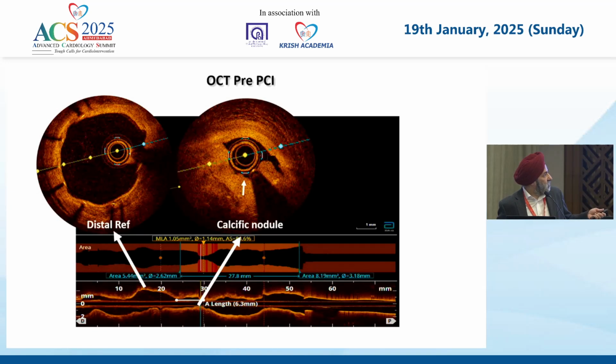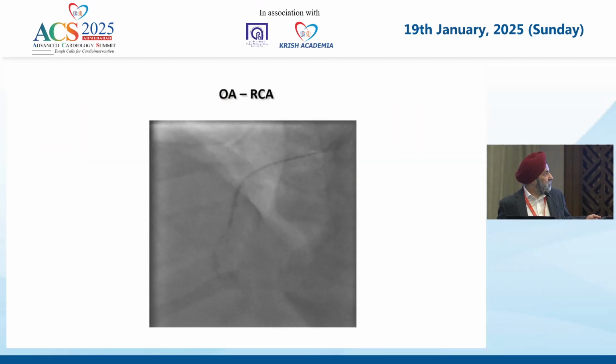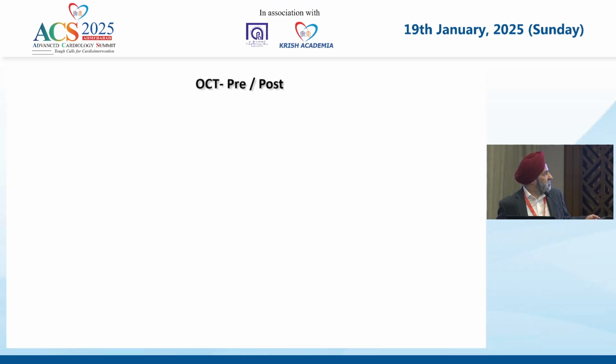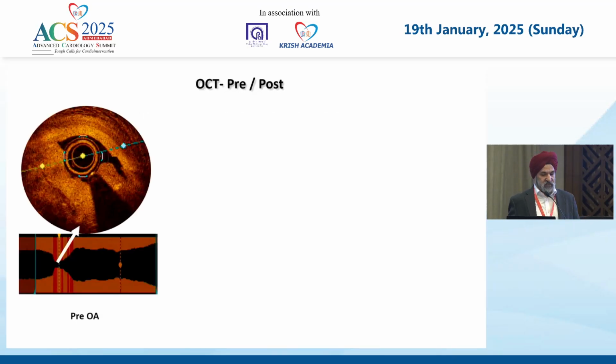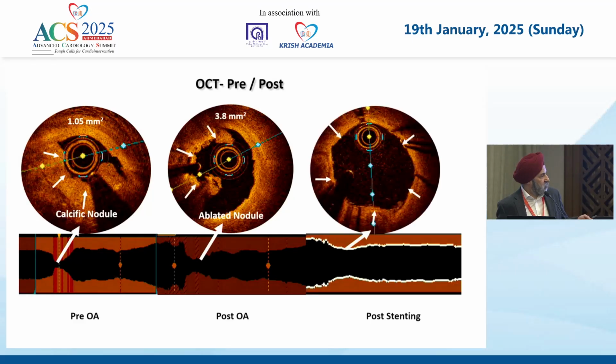So nodule. Now this doesn't have jagged edges. It's got very smooth edges. So it's kind of jutting into the lumen of the vessel. So this is a protrusive nodule. And we did orbital atherectomy for this lesion. And this was stented. Now, you see the pictures as to how it happens. This is a calcific nodule. The areas are very small. The nodule post-ablation, correct? And this is nodule post-stenting. So you get good MSAs, you get good luminal gain. It debulks the